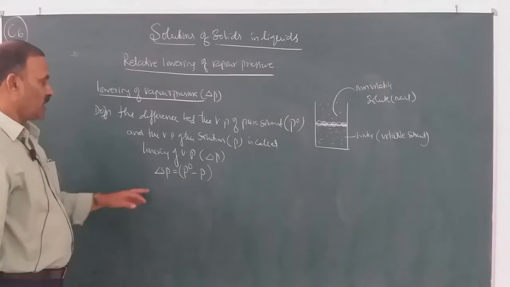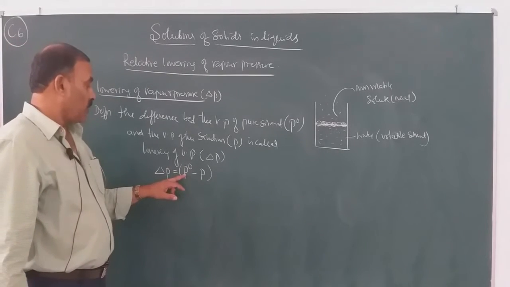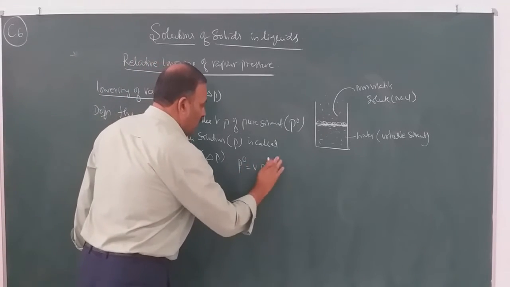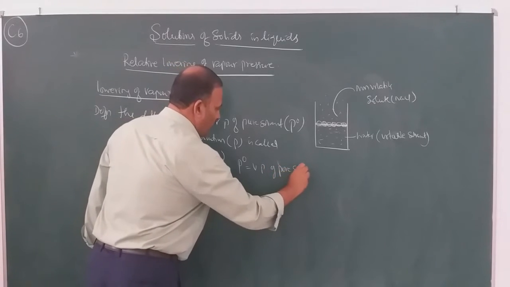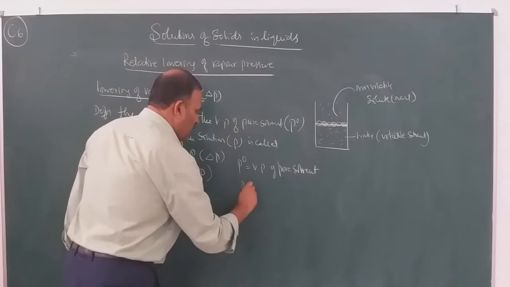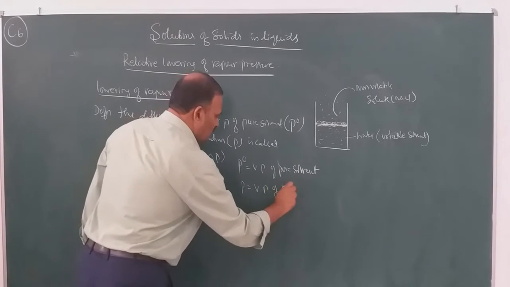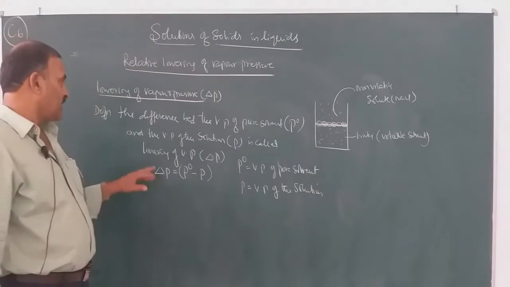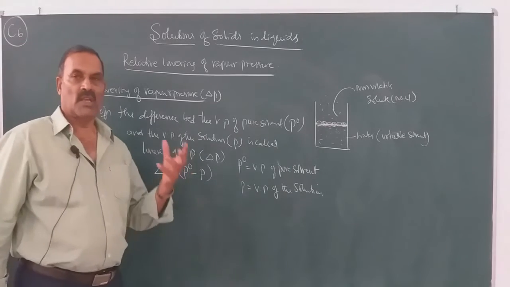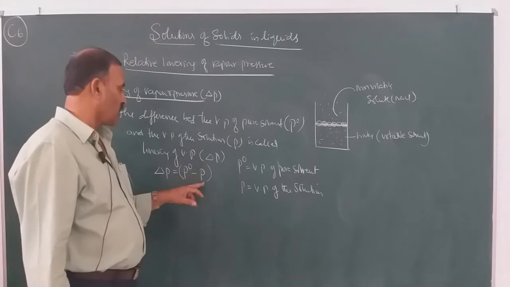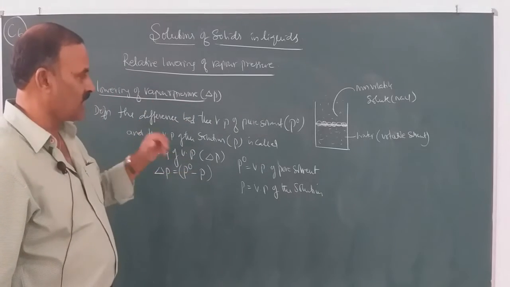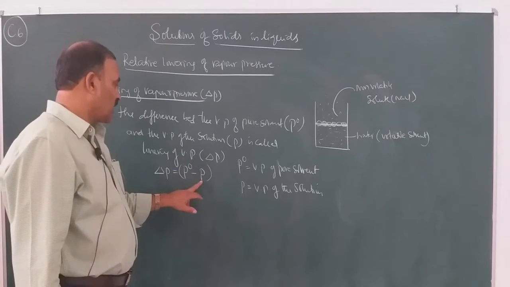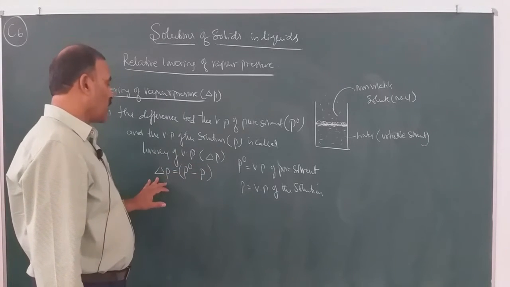Lowering of vapor pressure is equal to P naught minus P. What is P naught? Vapor pressure of pure solvent, and P is equal to vapor pressure of the solution. So this is lowering of vapor pressure. When a solute is added into pure solvent, the vapor pressure of the solvent decreases. The difference in the vapor pressure of pure solvent and that of the solution is known as lowering of vapor